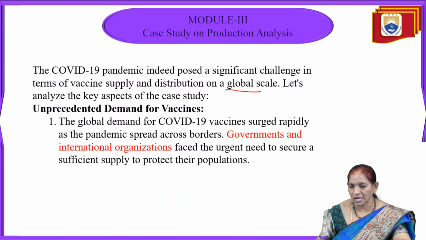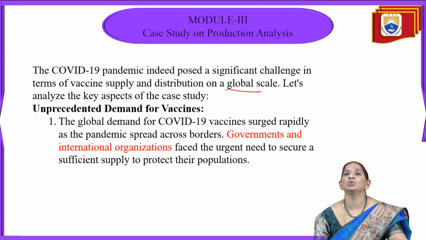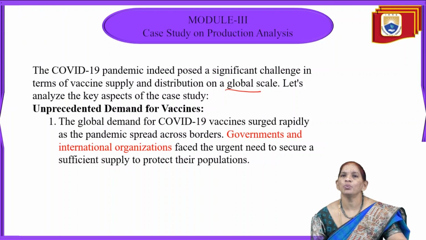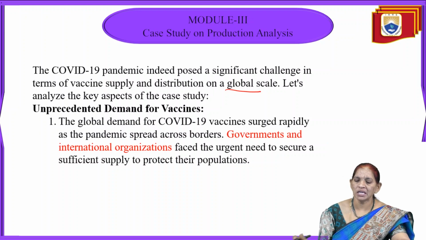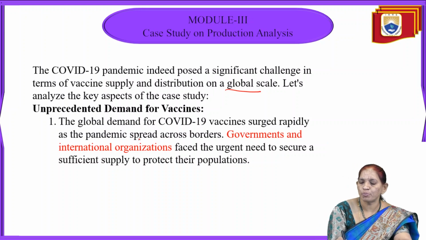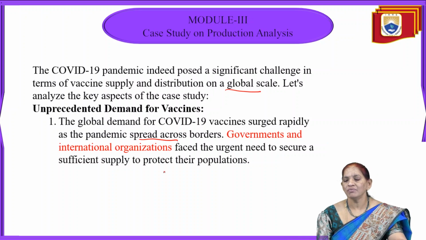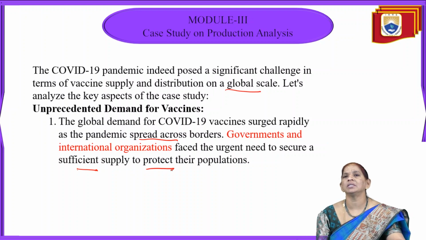So first comes the unpredictable demand for the vaccines and the global demand. As we know, COVID affected the whole world, and for 6 months the total world was under lockdown. Once we wanted to come outside of our houses, we required some protection, a vaccine. So the COVID-19 vaccine demand surged rapidly, as the aim was to stop the pandemic from spreading across boundaries. The government and international organizations faced the urgent need to secure a significant supply and protect the population